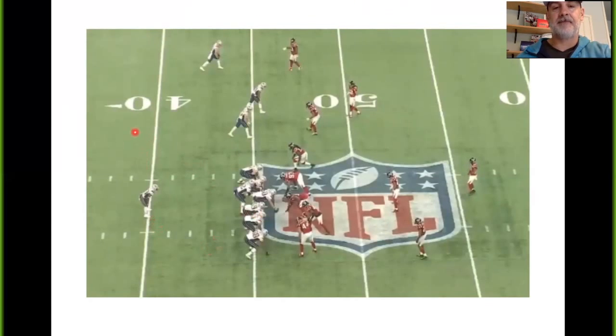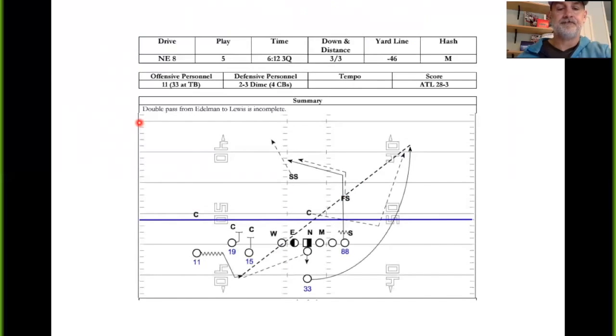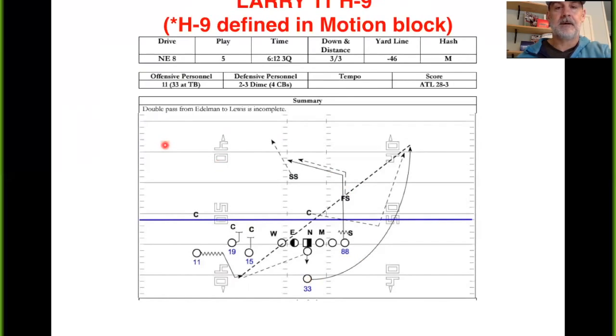Different, we've got 11 personnel in, trips over here to the top. See it schematically, if you remember in the Super Bowl, Edelman went in motion. He was a former college quarterback. And a little dipsy-do right there, trickery. Larry, 11,